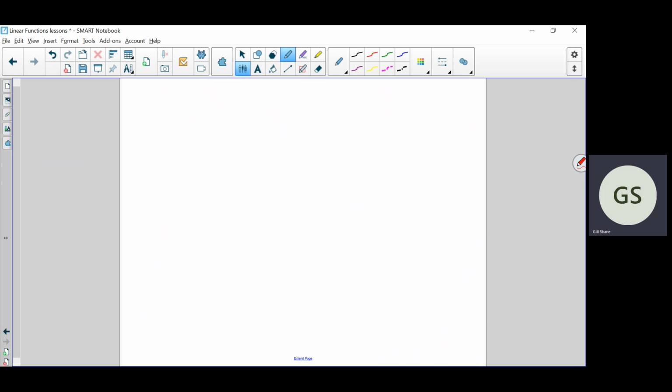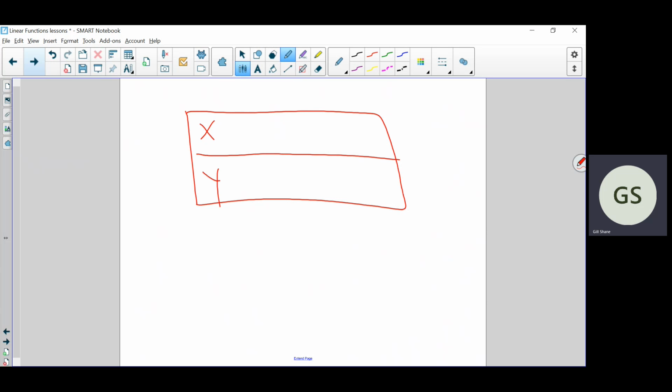All right, I don't have one, so I'm going to create one. So here's your rate of change problem. Do this super fast. Oh boy, that wasn't a very good table, but that's fine. We'll do 1 and 4, and then we'll do 3 and 9, and then we'll do 7 and